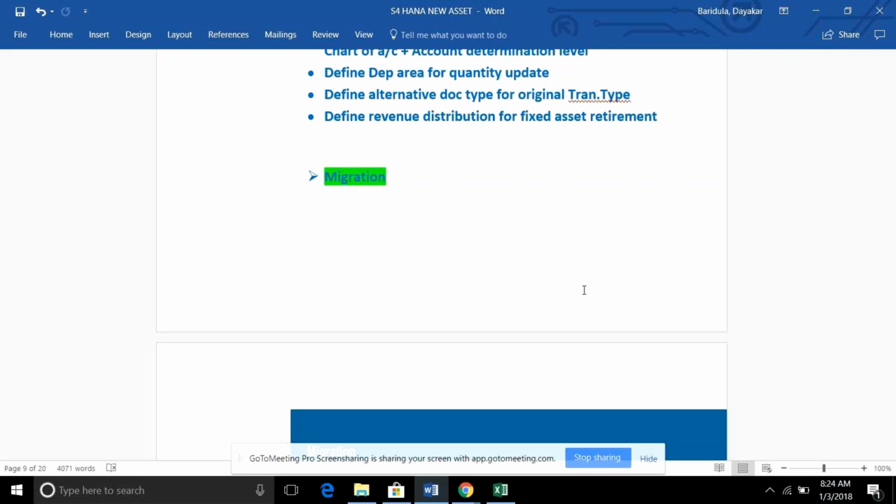In the classic, what we used to do is, for example, for an asset we have a useful life of 10 years. Some damage has happened and we wanted to reduce the useful life to 8 years, or 4 or 5 years. At that point we wanted to reduce the book value for the 5 years. That depreciation needed to be posted again for the 1 or 5 years by adjusting those 4 years. We can do that with this smoothing functionality.